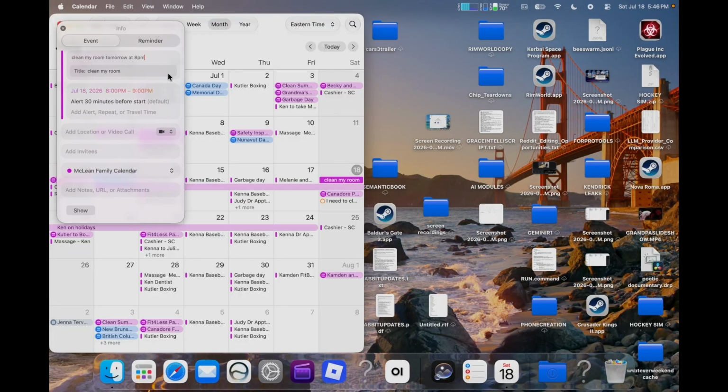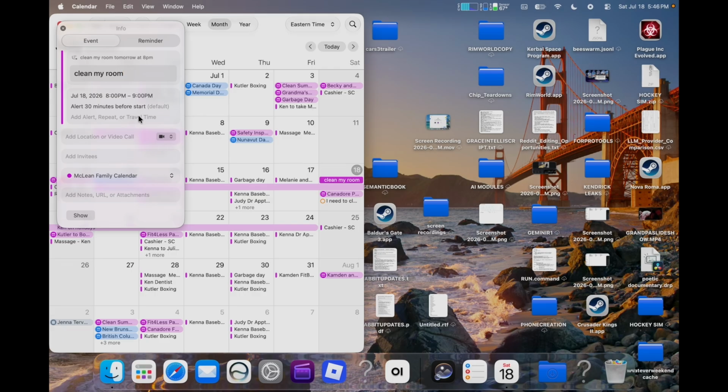Anyways, then you've got Reminders and Calendar now have natural language input. Clean my room tomorrow at 8 p.m. Title, clean my room. Yeah, so it did it that time. Okay, so the thing is, you can't just type it and then click enter. You have to click on the suggestion. That makes sense to me. I wouldn't want it to hijack what I'm writing if that's actually what I wanted to be writing. Pretty simple there. That's the kind of thing you have to have now that an LLM is a thing. You need natural text input for stuff like that. I think that's a minimum.